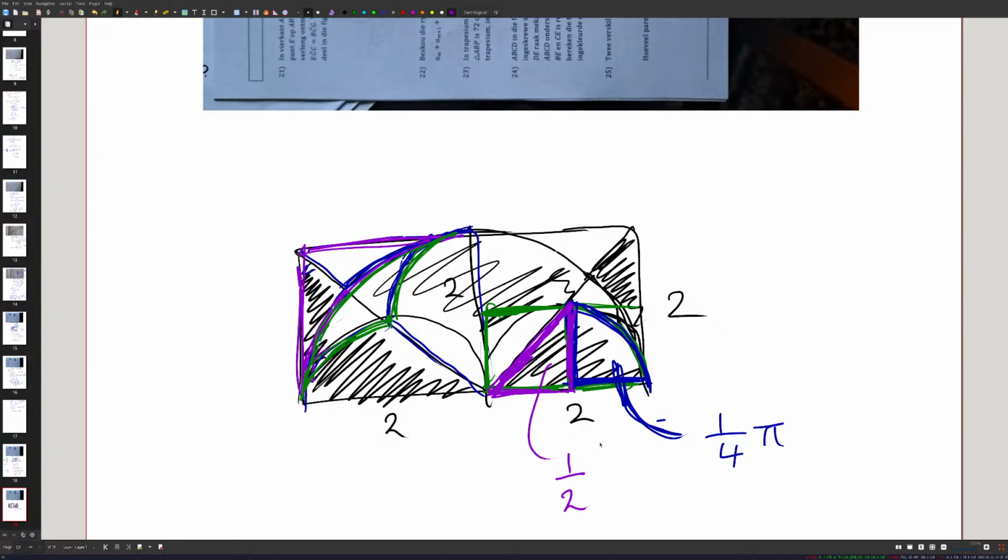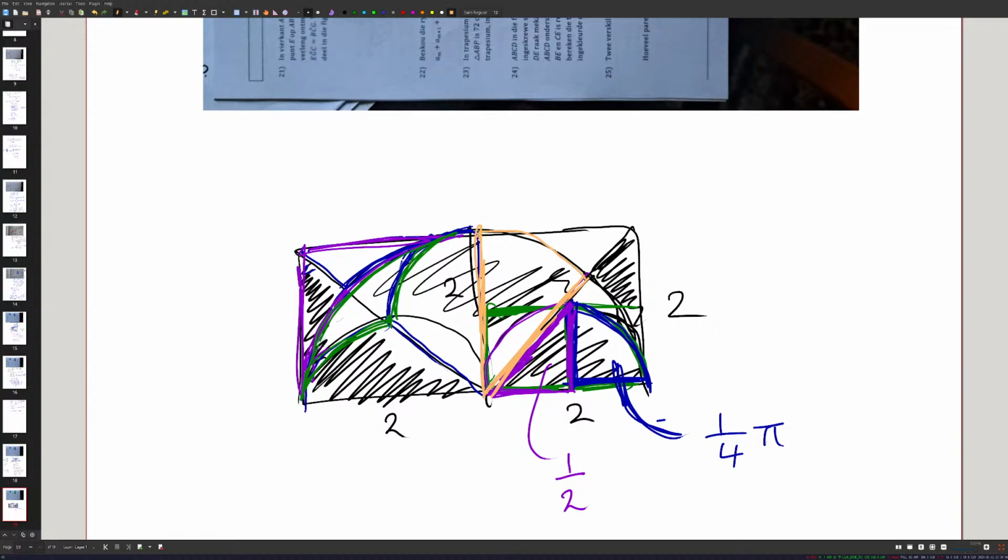Then we can work out the area of this over there. Do we need that? Yeah, because we want this eighth of a circle over here of radius 2